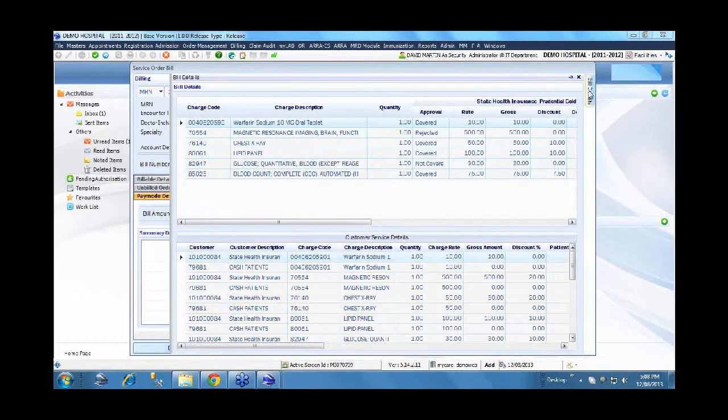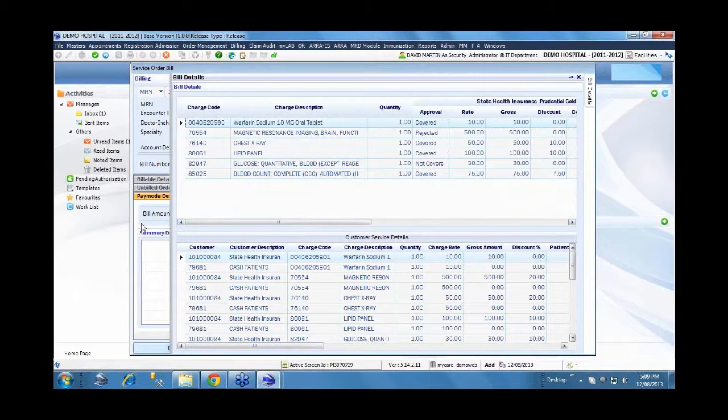And for each and every service, what is the rate, what is the gross? For lab and radiology, we have defined discount percentage, say 10-20% I suppose for radiology and 10% for lab. Accordingly, the discount amount is calculated, and what is the net against the insurance which will be paid, and the remaining as cash. That allocation of charges between insurance company and cash is done by the system automatically.